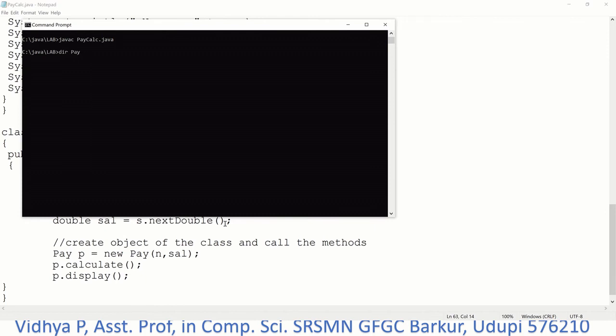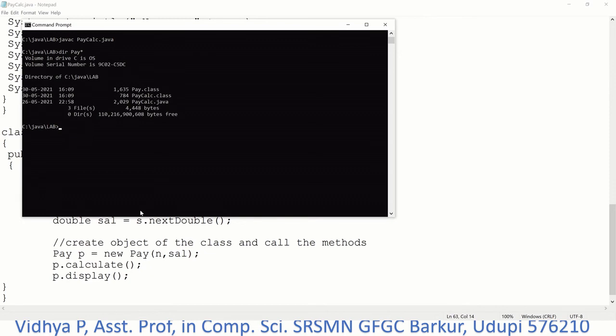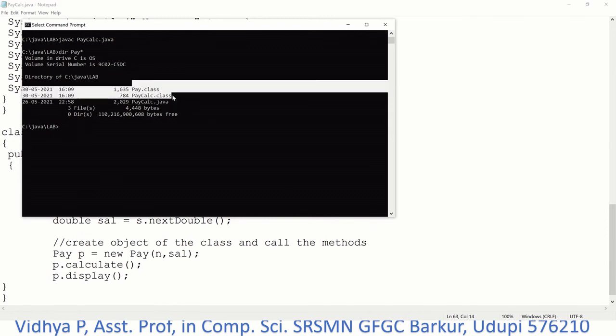So this is the name of the program, that is PayCalc.java, and when I compile the program, two class files are created because my program contains two classes. One is Pay, the other one is PayCalc. But the Pay class contains only the structure of the class and it does not contain the main method, so it cannot be executed.